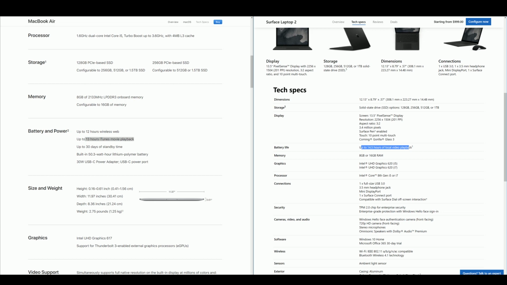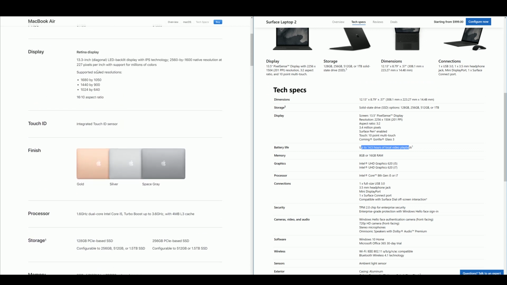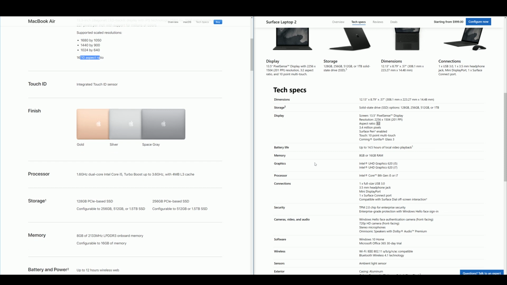Now, technically speaking, you are getting a higher resolution display. If you look at display, you are going to get 227 pixels per inch, 2560 by 1600, and then on the Microsoft side, you get 2256, but basically what you need to know is 201 ppi. So you do get a better display on MacBook Air. If that is your benchmark, keep that in mind. Now, granted, they do have different aspect ratios here, because you can see 3:2 aspect ratio on Microsoft, and I believe Apple is 16:10. So there is a little bit of a difference there. Keep that in mind. But again, these are minor differences here, and 8 gig of RAM both are doing 128 gigs of storage.